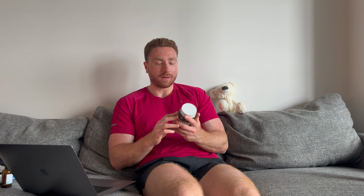Glucosamine, I take 1 per day. This just helps with my joint health, and I have felt anecdotally that my joints have been a lot less painful taking this. And yeah, so this one I take just 1 per day, pretty standard. And yeah, my joints have felt better, especially because I am lifting heavy in the gym,